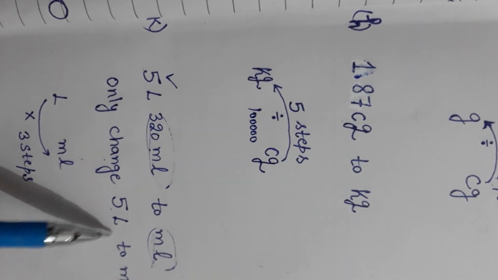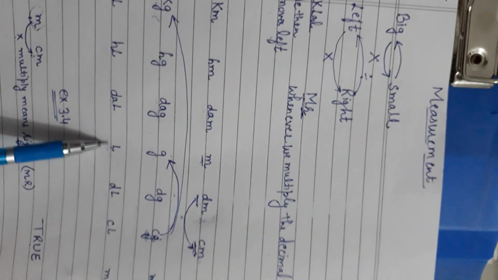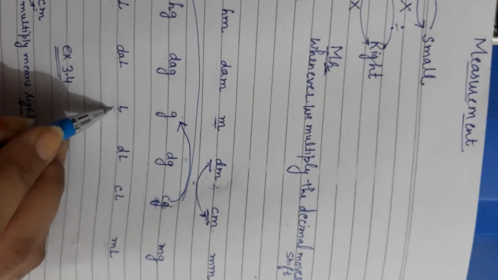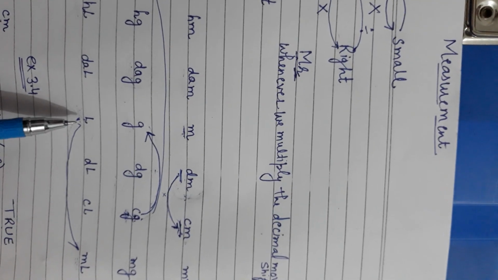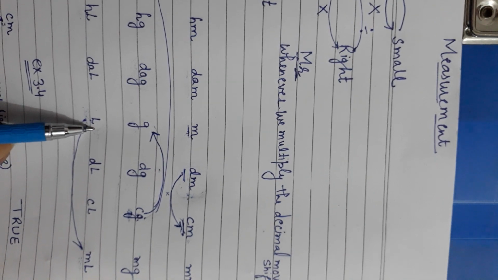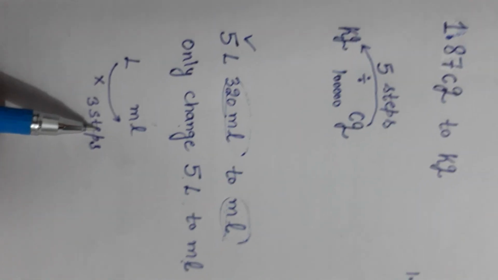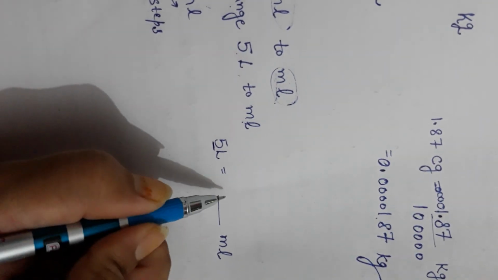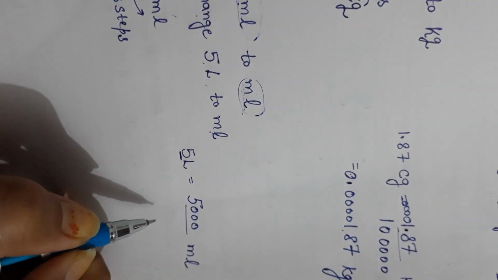You know very well, go to the table of liter and milliliter. See, liter and milliliter. We have to move forward. Moving forward always means we have to multiply. How many steps? All of you count the steps. You are standing on this step. You have to count further. 1 2 3. So 3 steps you have to multiply. Come here now. 3 steps means 1000. So you have to multiply by 1000. So 5 multiplied by 1000 is 5000.